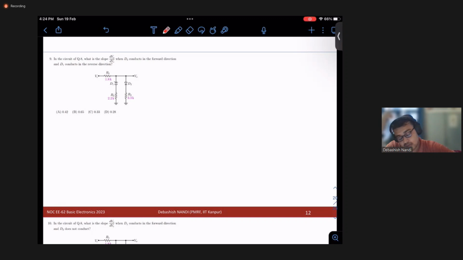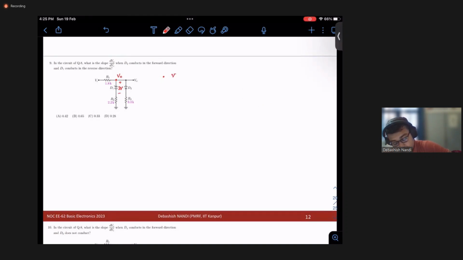Okay, so if you see the circuit and D1 conducts in the reverse direction, that means I have this voltage as 3 volt, right? Because my VZ is 3 volt. So I can simply write the KCL at this node